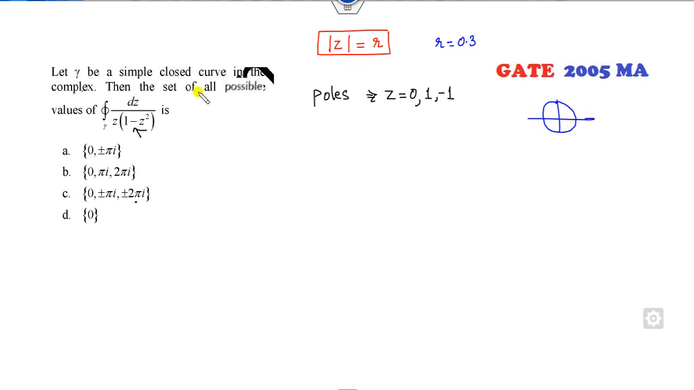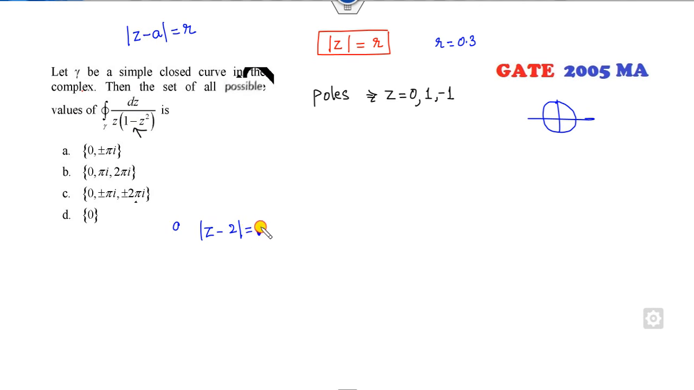Okay, center is also not given. What does that mean? Then the set of the possible values of this. So if I consider this, because center is not given, I can say this is my 1, for example,